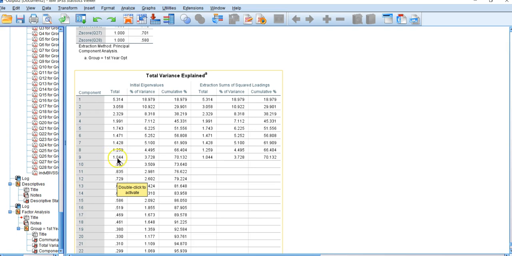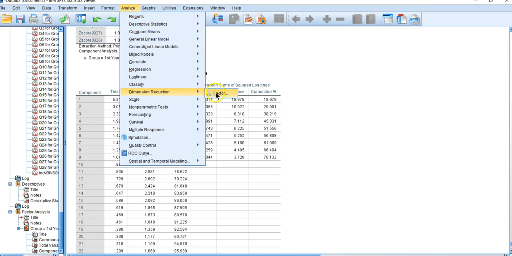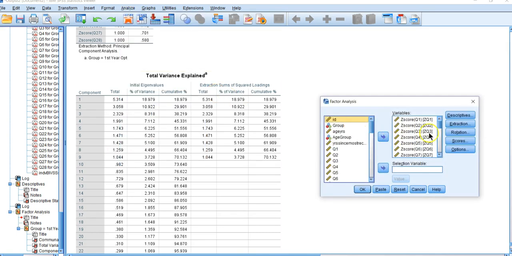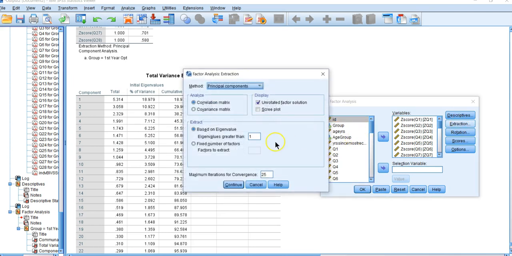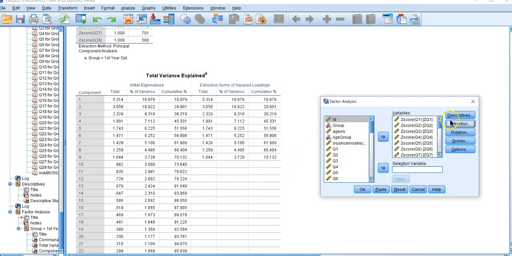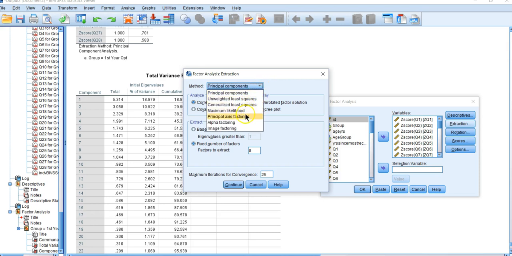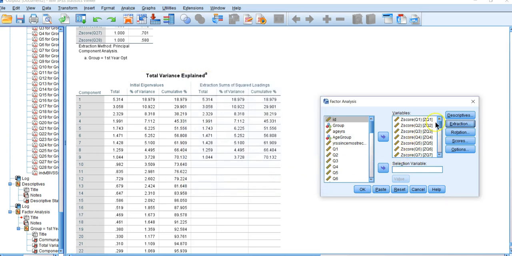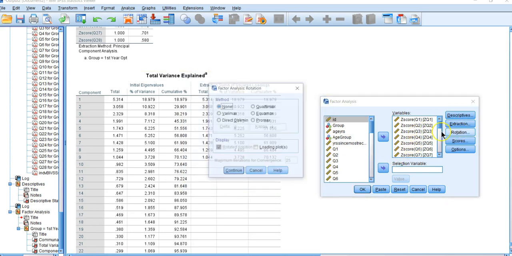So even though it gave us 9, we're going to tell the system to run again, but only look at 8. So let's take a look at our dimension reduction. We're going to extract a number of 8. Rather than based on eigenvalues greater than 1, we're going to tell it we want 8 factors. And we're also going to tell it we want to do a principal axis factoring. So we want to do factor analysis. Now, we want to consider that unique variance so we can kind of interpret the questions. And we're going to choose Equamax